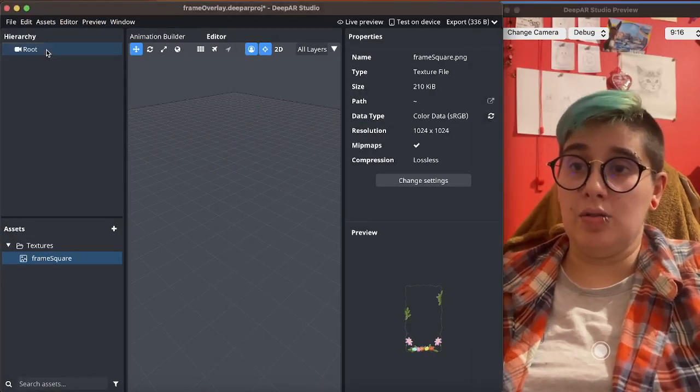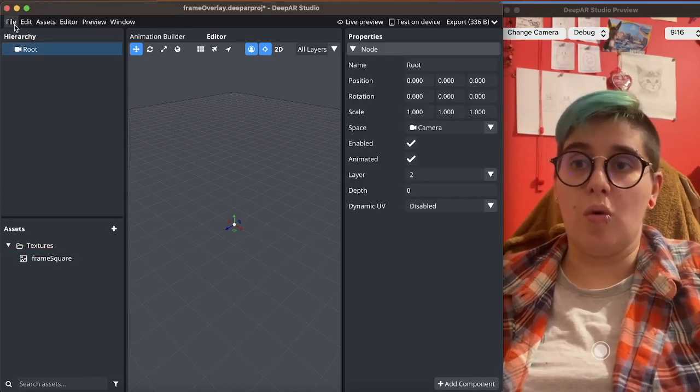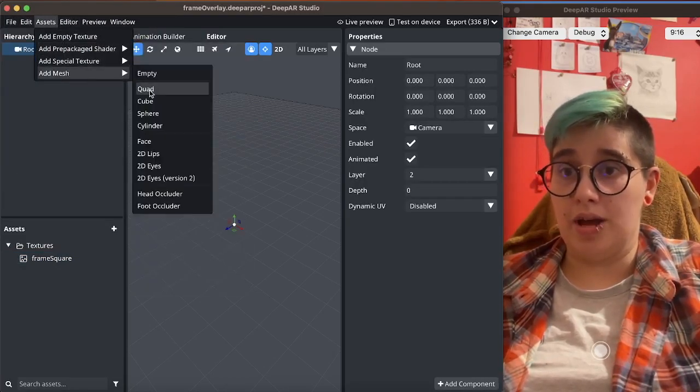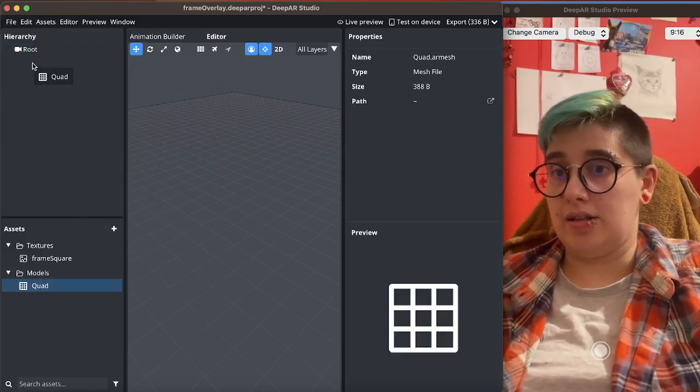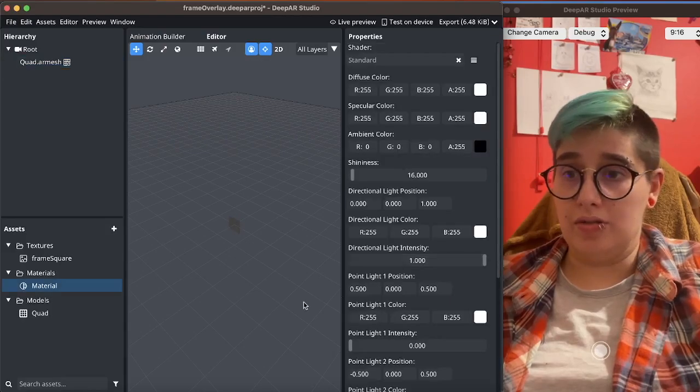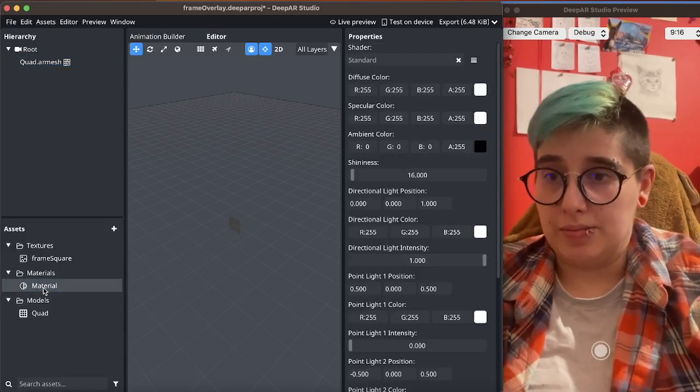The next thing we need to do is add a quad that will render this image. So let's just add a quad mesh, drag it under the root. We can create a new material. Now we can name this material